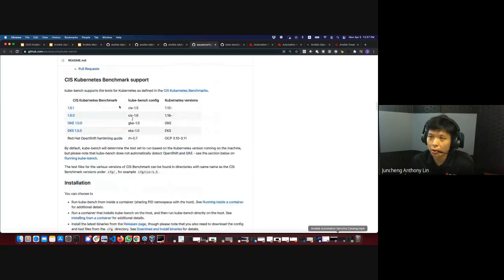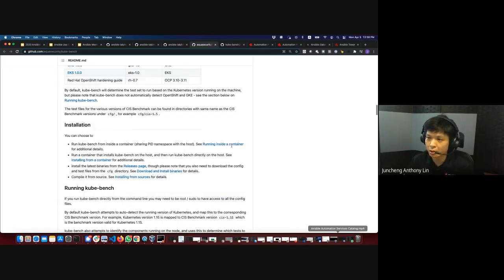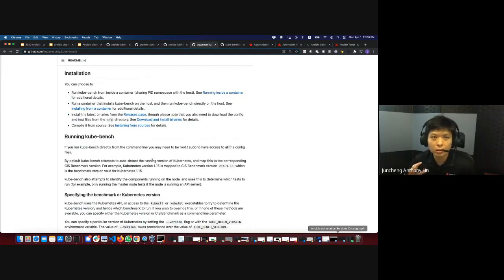From here, you can see what Kubernetes versions it is supporting. We see there is GKE, EKS, the common ones, Kubernetes 1.5, and these are the benchmarks that we are doing. Today, I think we are at 1.20, which seems to be the latest. So these are the versions available at this juncture in time. It gives you instructions on how you can install, and how you can bring up the containers so that it runs that job against your environment.